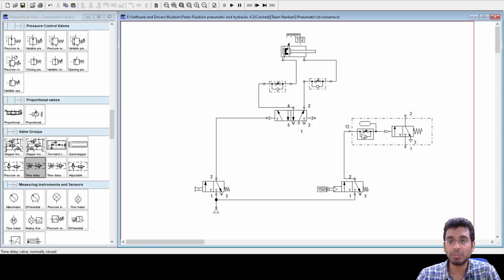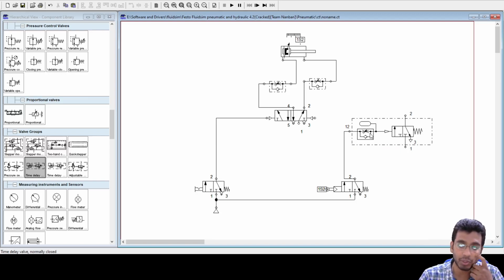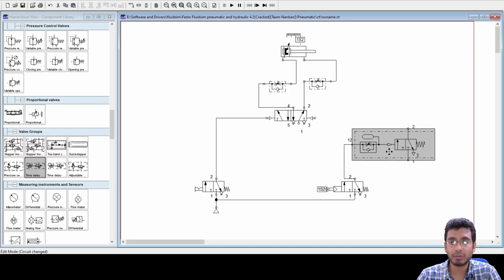By adjusting the throttle, I can give a time delay, because initially my air will go and get stored in this tank. Once this tank is full, only then this pneumatically operated 3/2 valve will get actuated, and then I can have a supply from here. The outlet of this would get connected to this port, and here I can have another compressor line.